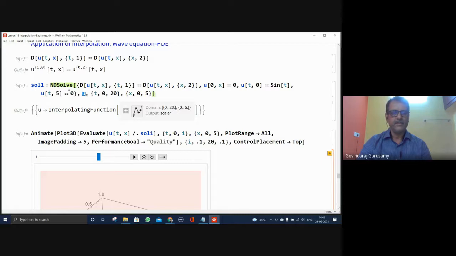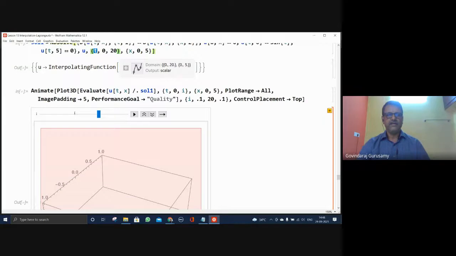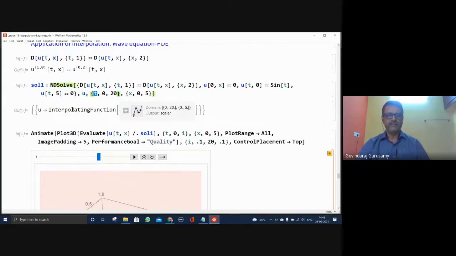See? So, the NDSolve, whenever you do it numerically, then your output will be of this type. Okay, whether you have a single variable or a double variable or a triple variable, that doesn't matter. Correspondingly, it will reflect over what range you are going to see the NDSolve for each parameter. Here, parameter t varies from 0 to 20, and x is limited to 0 to 5. That's the limits which have been given. Right? So, this is the interpolated result. The function is available now. Numerically, it is available in polynomial form by interpolating in this range.